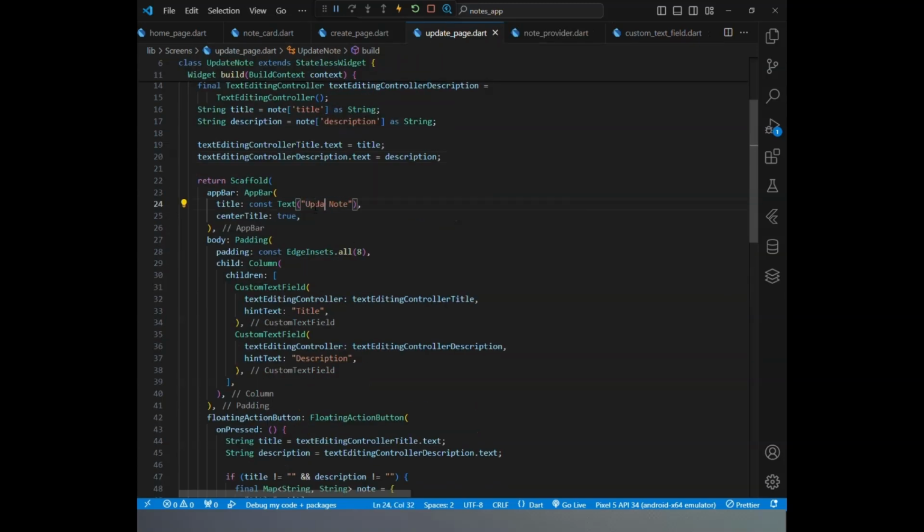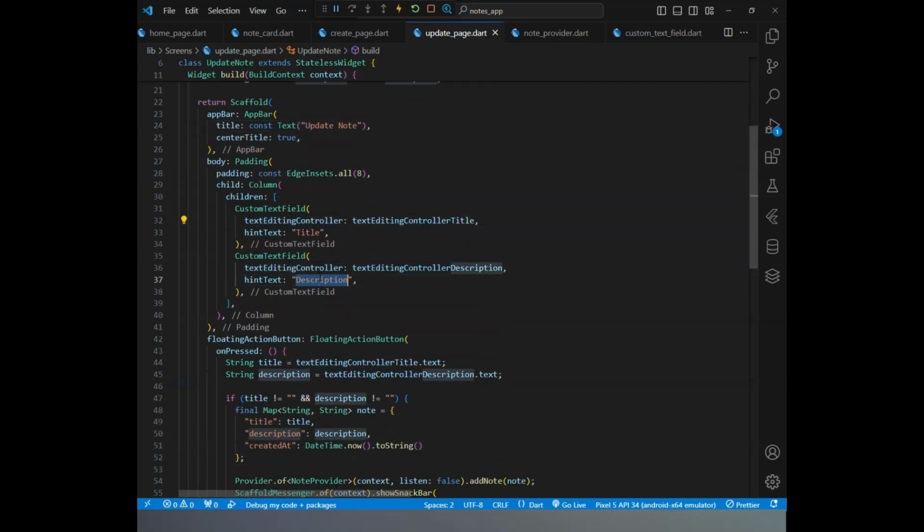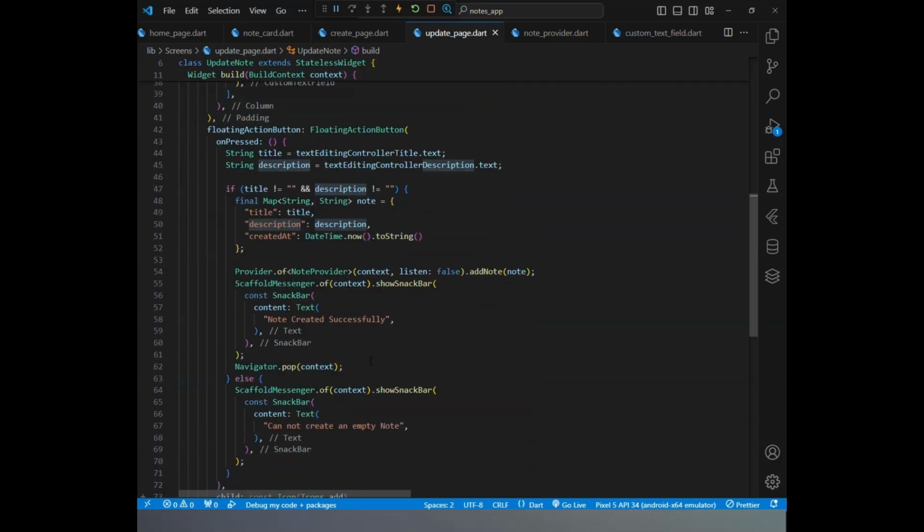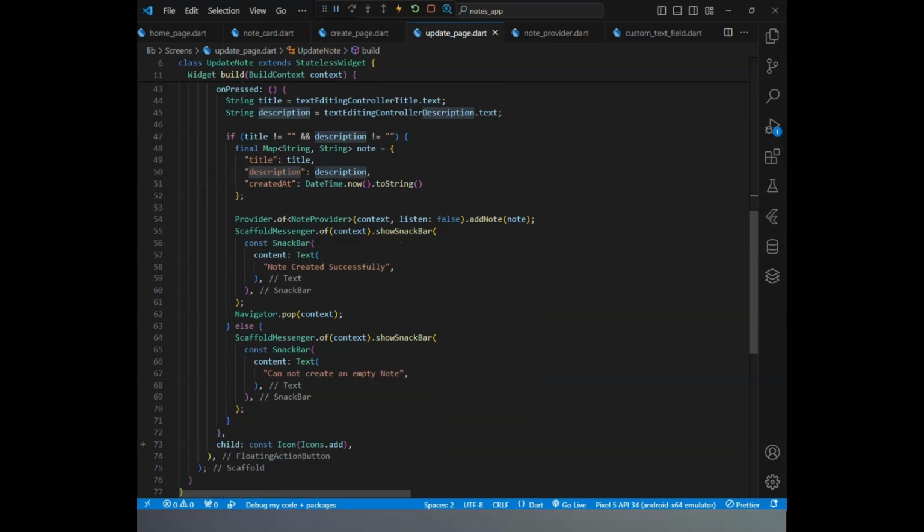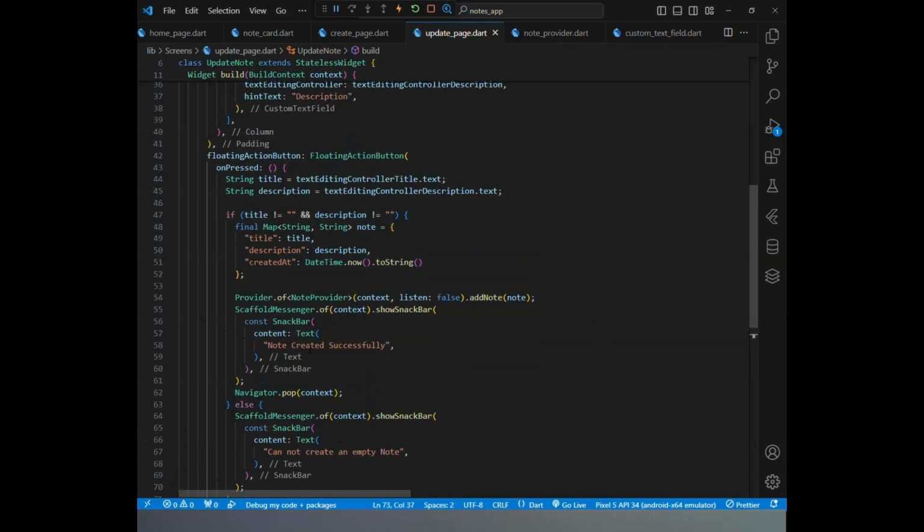Let's start with the core purpose of GridView.builder. It's designed to generate items on demand, meaning that instead of building every single widget at once, it builds only the ones currently visible on the screen. This approach is called lazy loading, and it's an essential performance optimization, especially when you're working with large datasets or want smooth scrolling on low-end devices. This is one of the biggest benefits over using GridView with static children, which renders all items up front